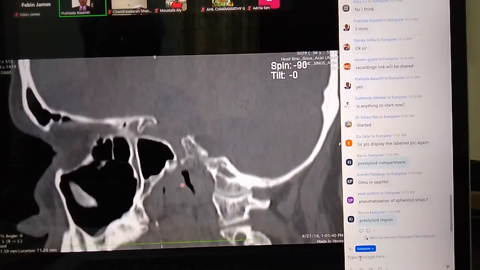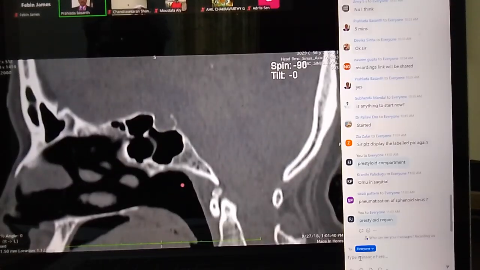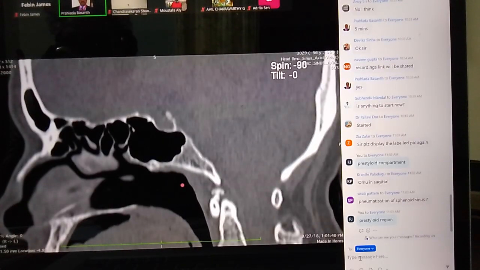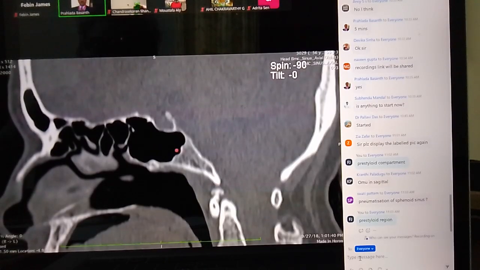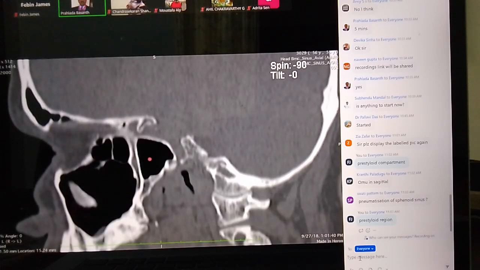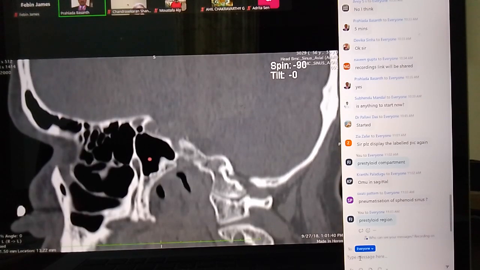We saw that sphenoid. Yeah, this is the sphenoid at the septum level. This is the basisphenoid, and this is the clivus bone. It can pneumatize that, and also it can pneumatize the pterygoid process. It can pneumatize that, and also we